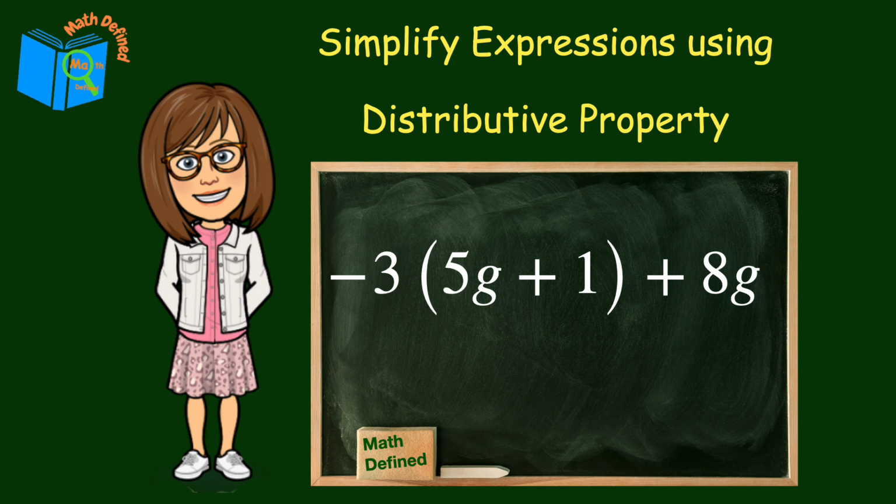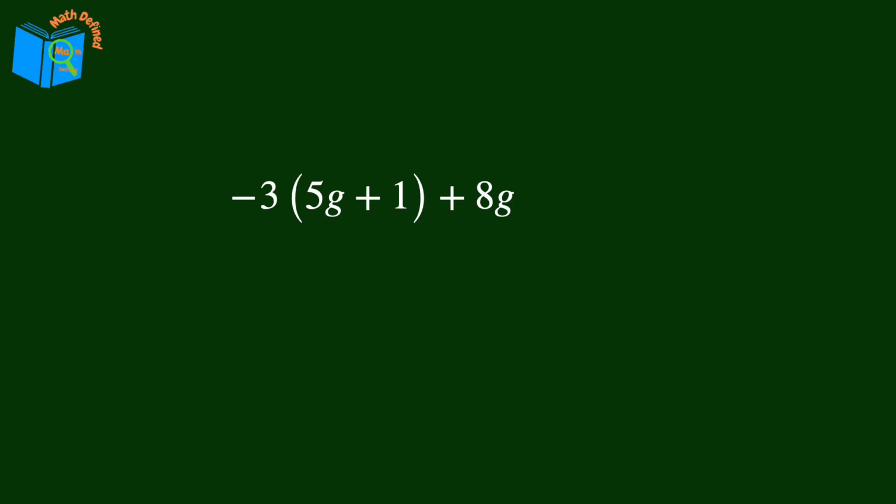Today we're going to show you how to simplify expressions using the distributive property. Let's get into it. To simplify expressions like this, we need to remember the two-step rule. First, we distribute the factor outside of the parentheses to each term inside the parentheses, and then combine the like